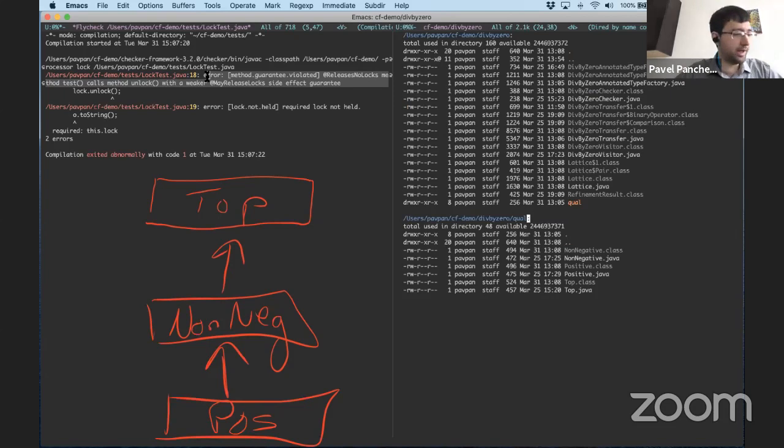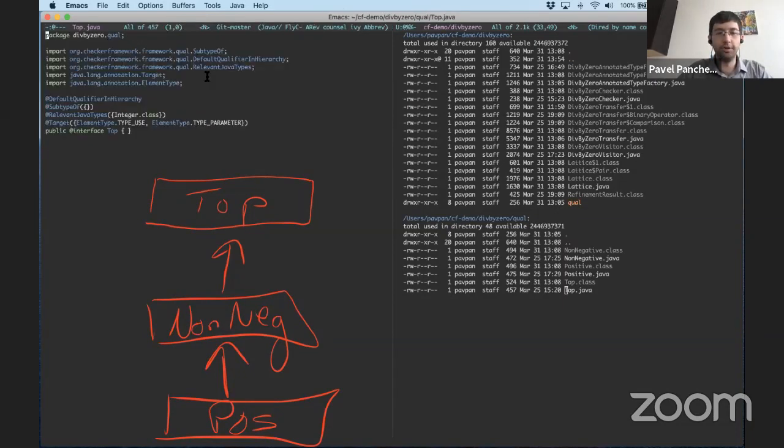So it tracks positive values, non-negative values, and values in general. The way that we do that is we start by defining some qualifiers. So you've got here top.java, positive.java, and non-negative.java, and those correspond to the @ things that I might be able to write, and also to this type hierarchy. So we can start with top.java.